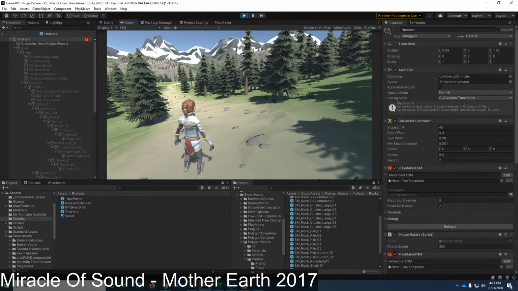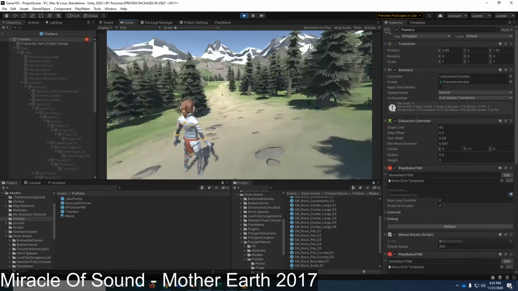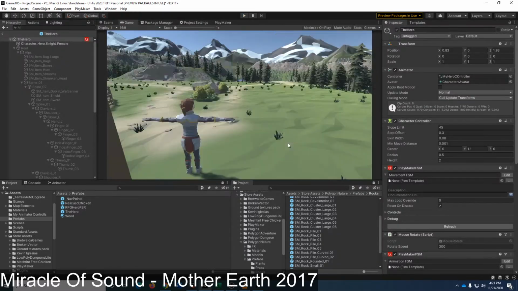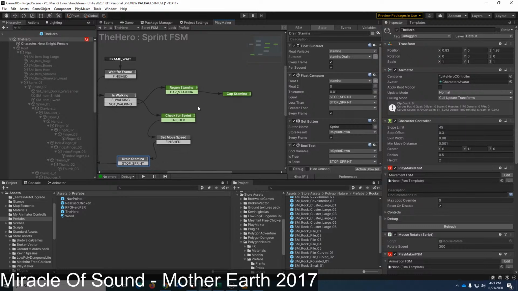Well, I don't know. Do I want to actually have no stamina regeneration while I'm walking? That actually sounds like a really, really bad idea. Now that I think about it, that sounds like a phenomenally bad idea.